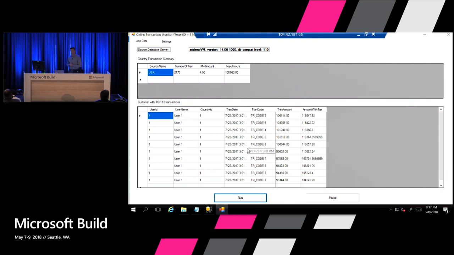Is it only reading or is it also writing data? Okay, this application is read only, but that doesn't matter. I'll show the code behind the scenes. So this application is running, and that's fine.